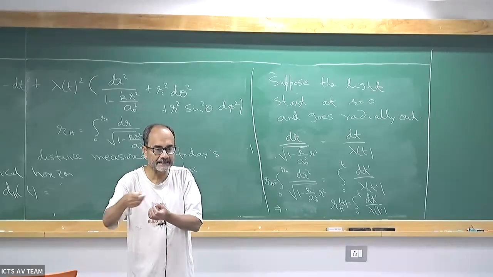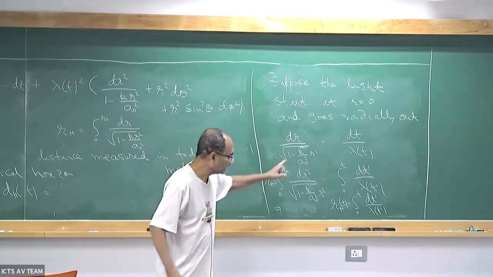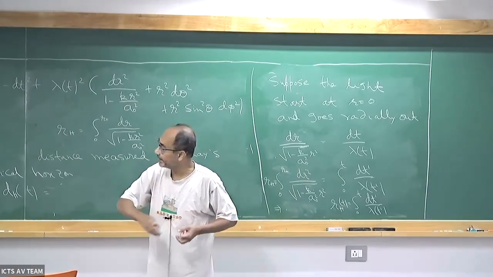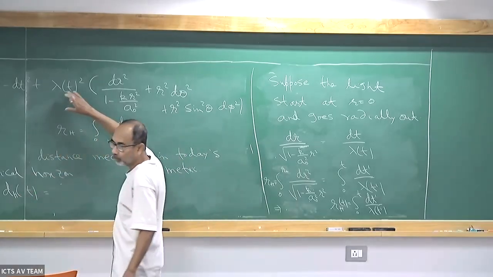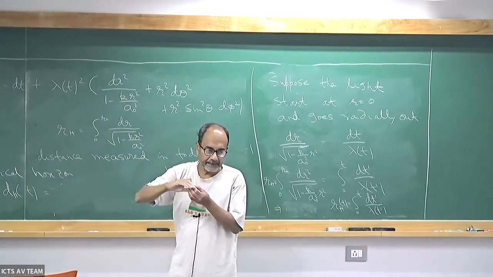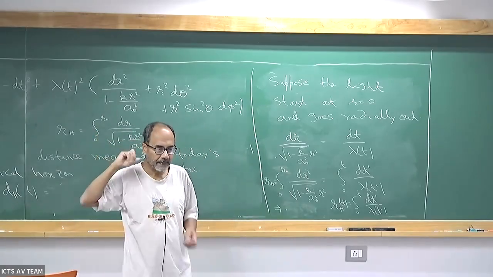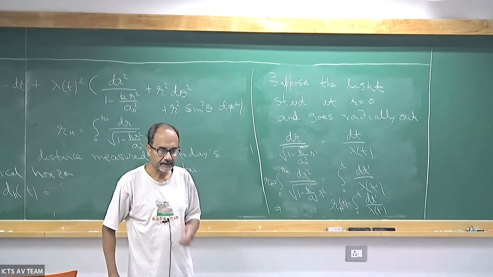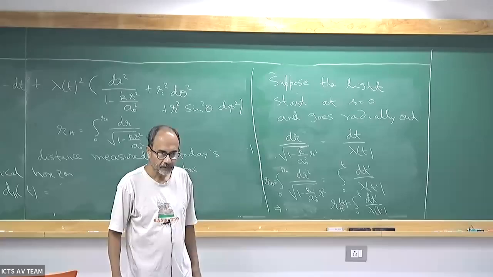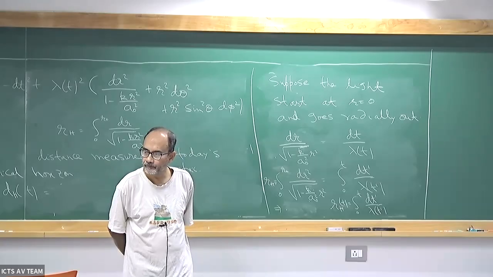Now, what distance does it correspond to? This quantity that I have written is the distance to that point from the origin, but measured in the metric with lambda equal to 1. But at time t, the metric was not with lambda equal to 1. Lambda of t was smaller at time t. So suppose I want to calculate the physical horizon size, what an observer at that time would have seen as the horizon size. You should take